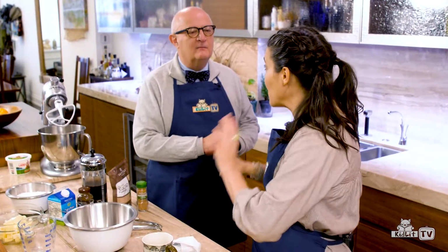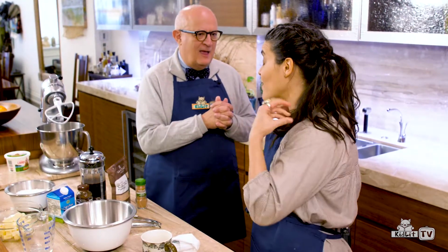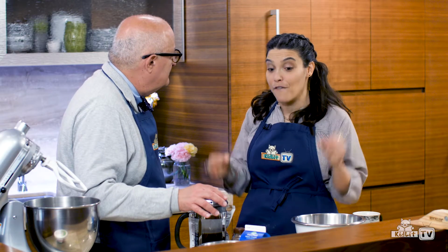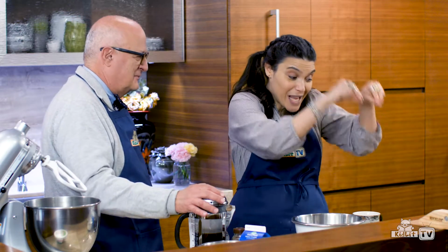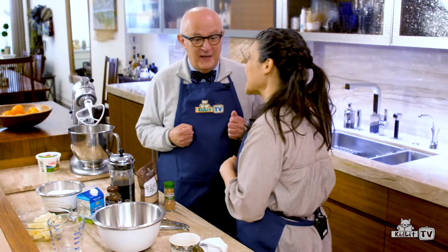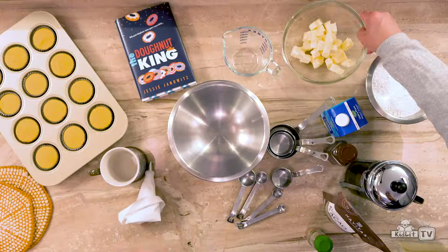Then we're gonna take them out and put them on a cooling rack or a plate so that they get really cool. And in the meantime, we're gonna make the mocha cream that's gonna go in our peekaboo mocha cream cupcake. So it's actually gonna go inside, and I'm gonna show you how to fill the cupcake. Can't wait for that. It's fun. Tell us about the ingredients. So we have